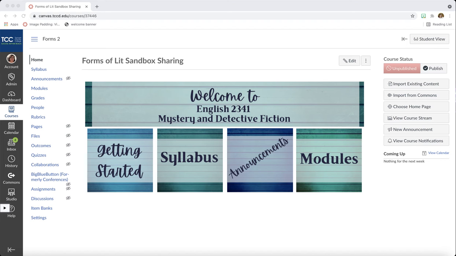If you deleted something by accident, you can actually get it back. It hasn't disappeared. So I'm going to show you two ways that you can get back content that you accidentally deleted in Canvas. So if you're on your course homepage, like I am here,